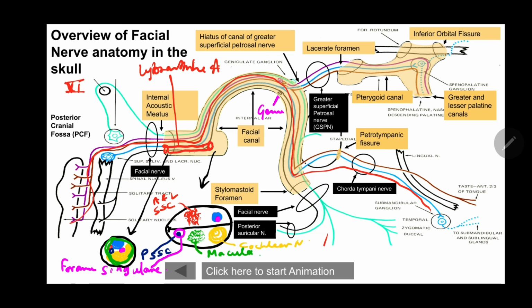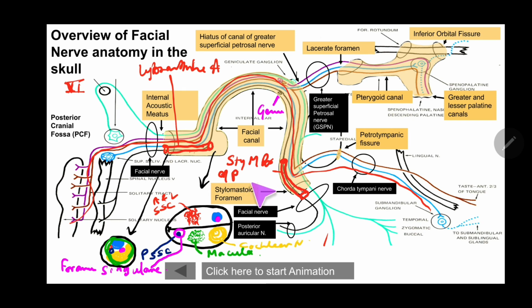And don't forget, all this nervous tissue running in the bone needs blood supply also. So there is an artery which ascends up from the other side also, from the stylomastoid foramen. This artery now is what? Remember, they have already marked it as Labyrinthine Artery. Now this artery is actually the stylomastoid branch of